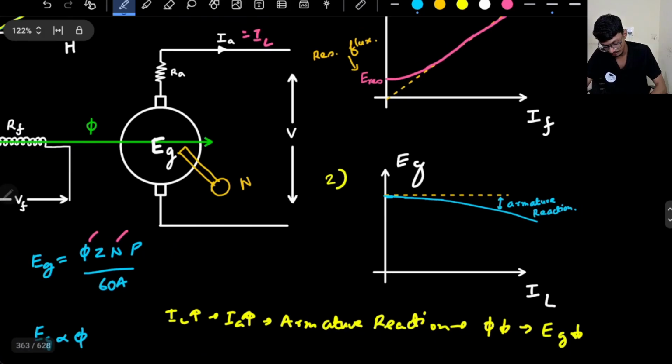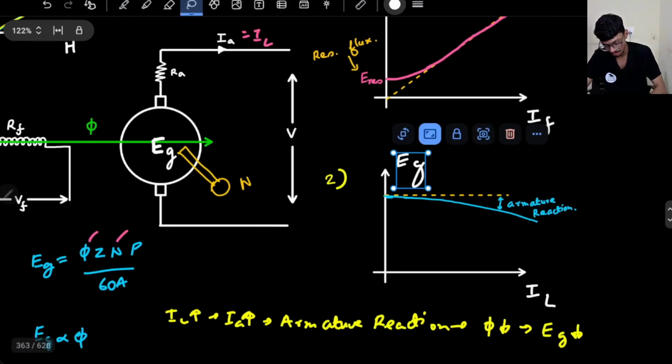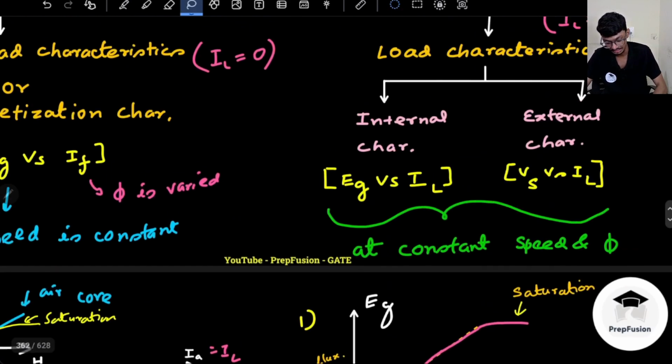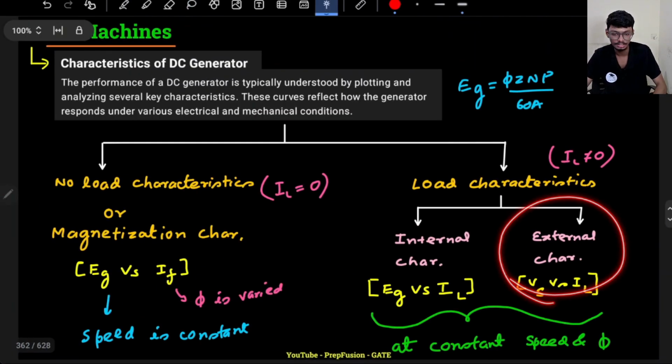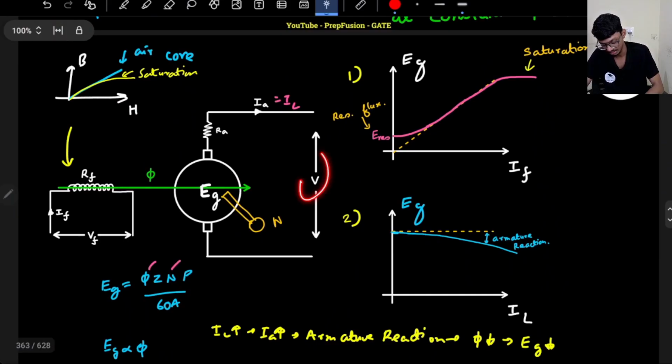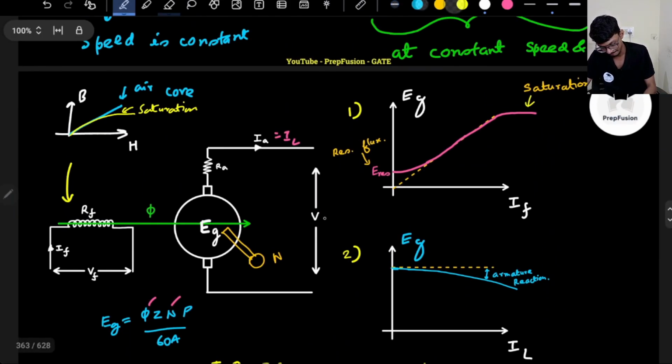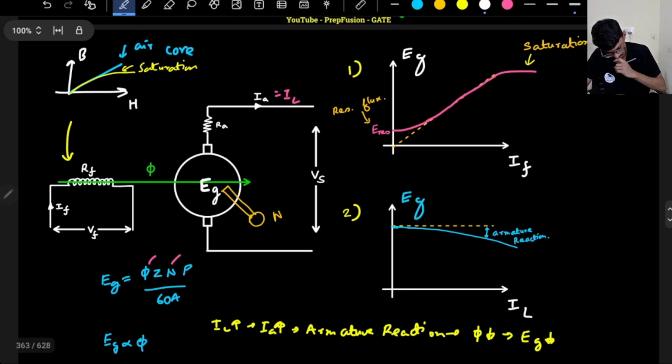Okay. So this is my Eg. So I will color my Eg like this. Now, this is the internal characteristics. What is the external characteristics? It's very simple, right? So what is Vs equal to? In this case, our Vs is equal to Eg minus